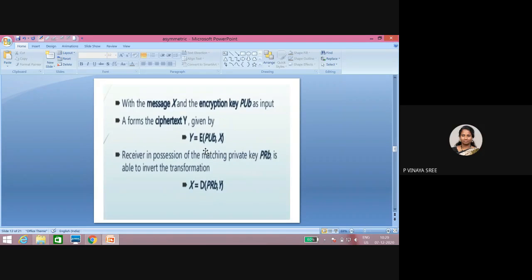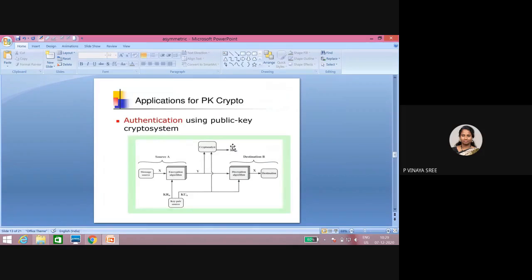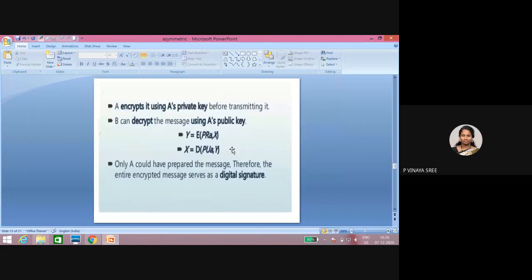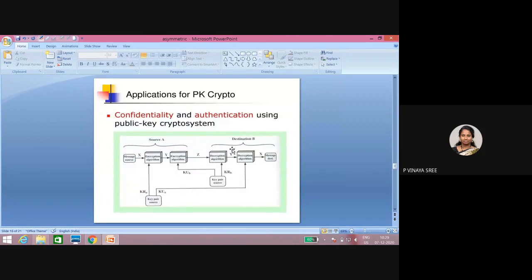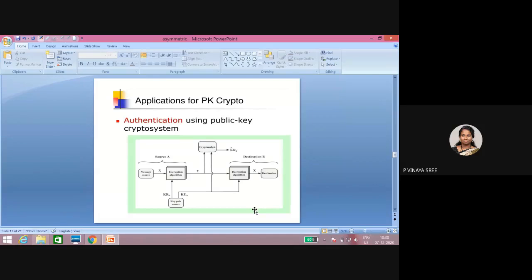So in this way, how can we generate a ciphertext with the public key of Bob? With the public key, this is the diagram. Okay. So with the public key, we will be generating. Next, for providing only authentication, for providing authentication, do I have to use the sender side private key? Sender side private key. Yes, ma'am.